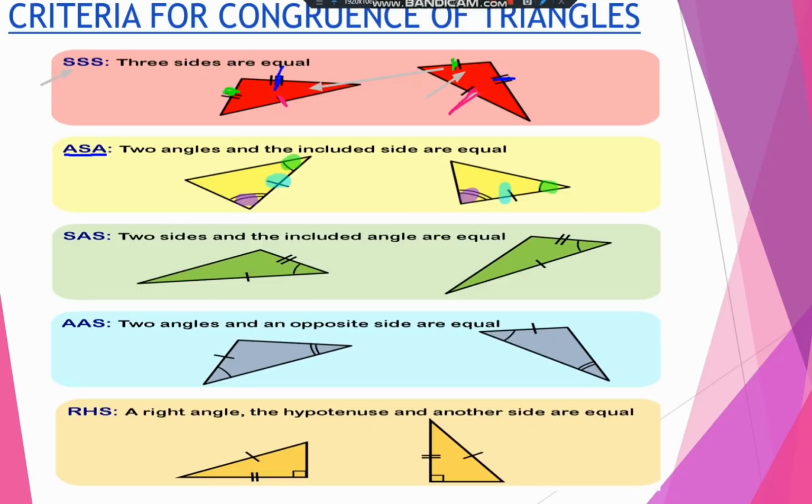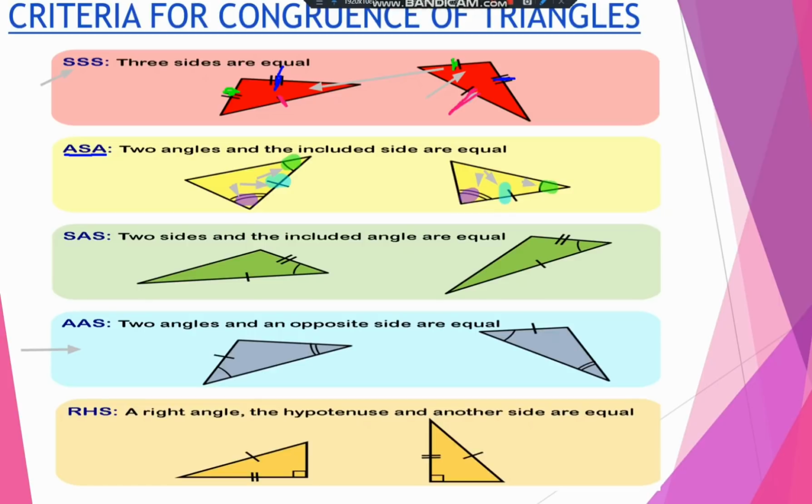So S, A, S, after A, S comes, and then A. So you have to count letter by letter. A S A. Same way here, A, then S, and then A. Now in this figure